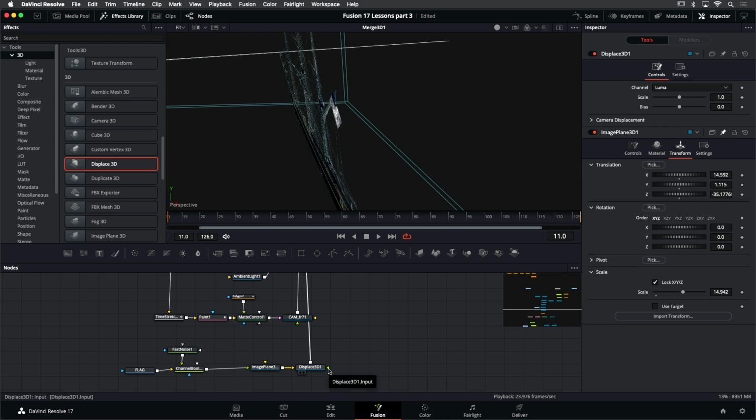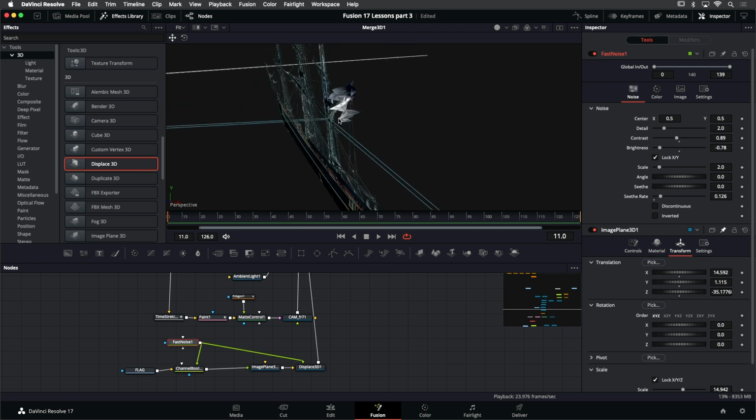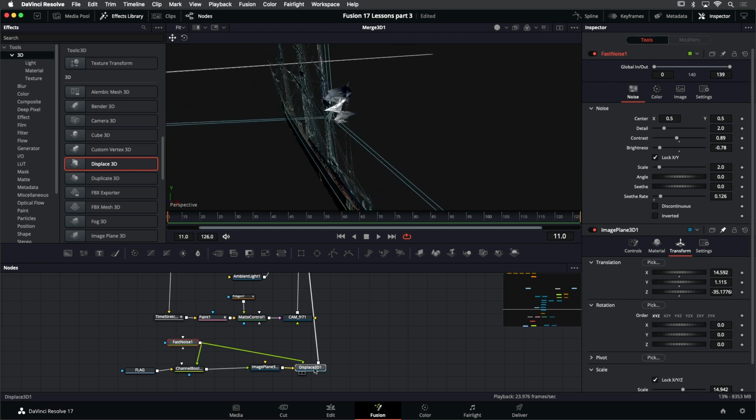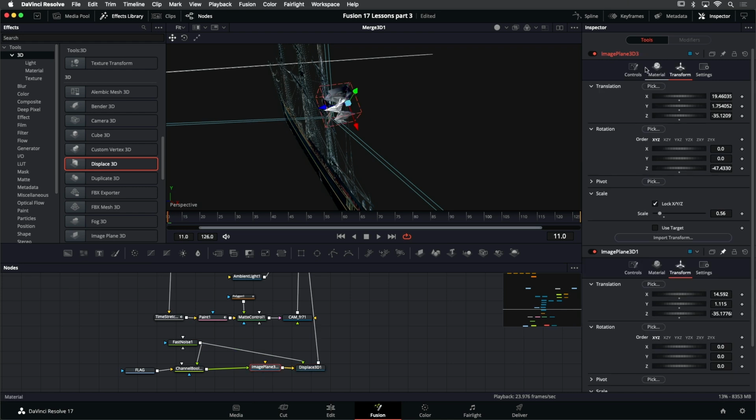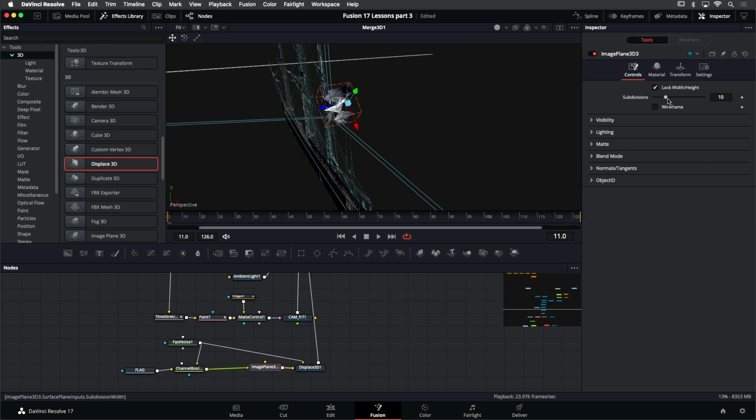And I'm going to actually connect my input to the fast noise. This fast noise texture will actually displace this geometry in depth. So let me do that. You can see right now it's very spiky. We don't want it that spiky. What we can do is go to the image plane here, Controls tab, and let me unpin that other image plane. And I can increase the subdivisions, and that's going to really smooth out